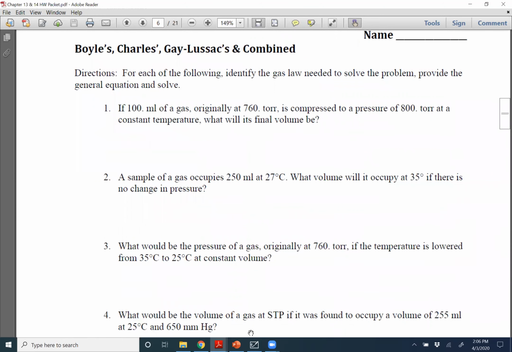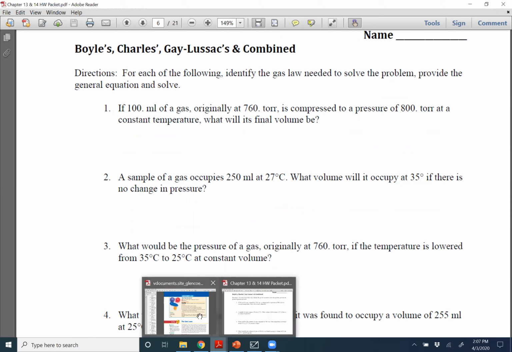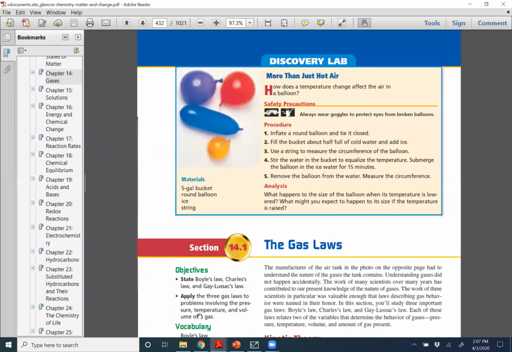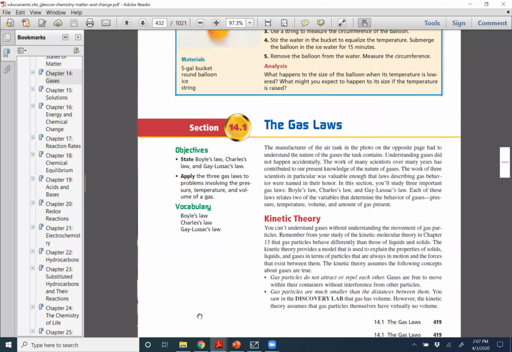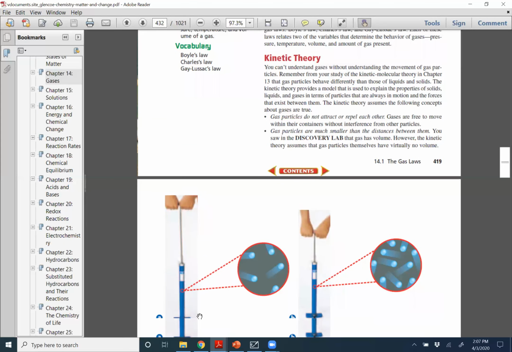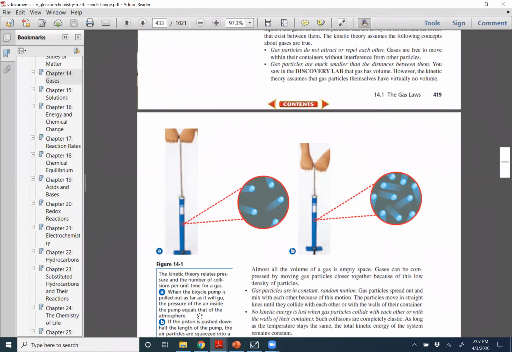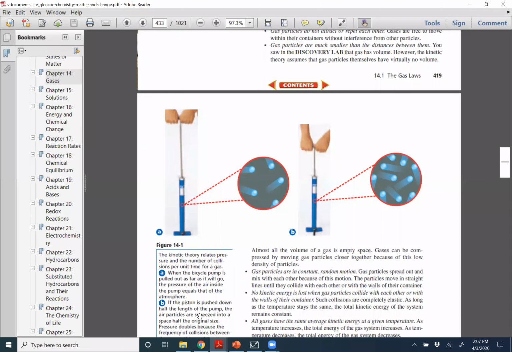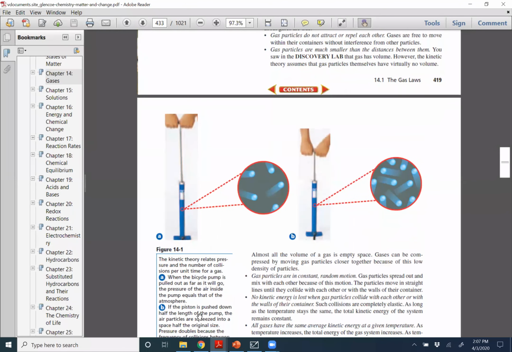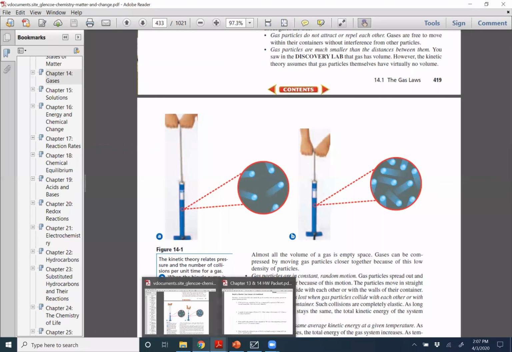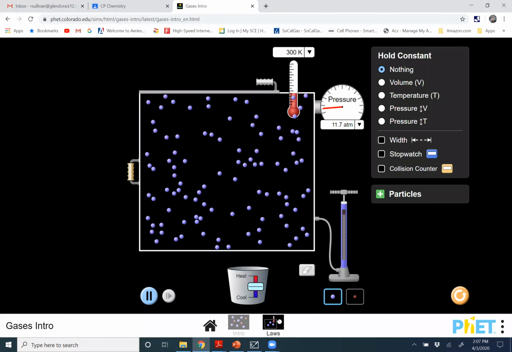All right, so let's take a look at the book real quick. For those of you following along in the book, this stuff corresponds to chapter 14. Section 1 goes over the first 3 laws we're going to talk about, which is Boyle's law, Charles' law, and then Gay-Lussac's law. We have kinetic theory, which we talked about last time, which is the idea that gases are